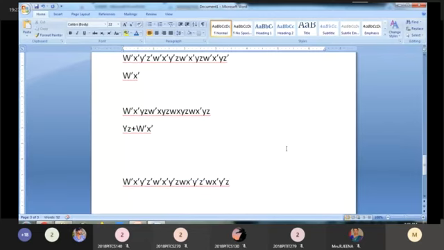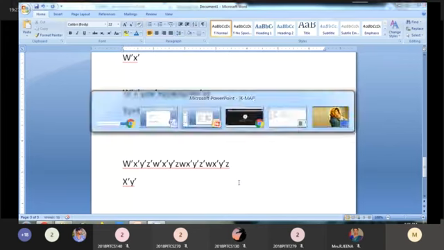Okay, so consider what are the values? W bar, W cancel, W bar, W cancel. X bar means 4 X bar are there, so you have to consider only 1 X bar. Then Y bar means 4 Y bar, so consider only 1 Y bar. Okay, then Z bar, Z bar, it is cancel. So your answer is W bar, Y bar.